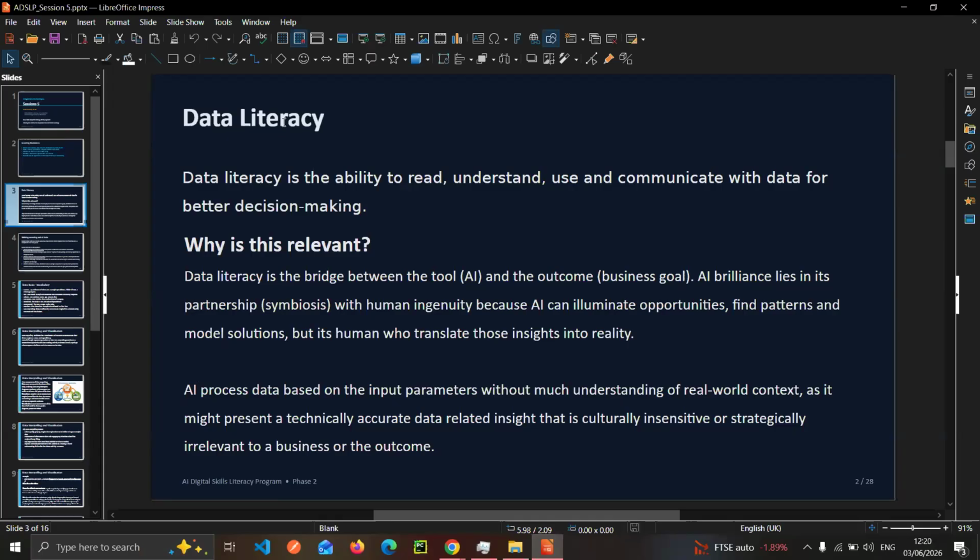So under data literacy, we're bringing out what data literacy is. We're trying to understand that. And in the last paragraph here, it says that AI processes data based on the input parameters without much understanding of real-world context, as it might present a technically accurate data related insight, but is culturally insensitive or strategically irrelevant to a business or the outcome.